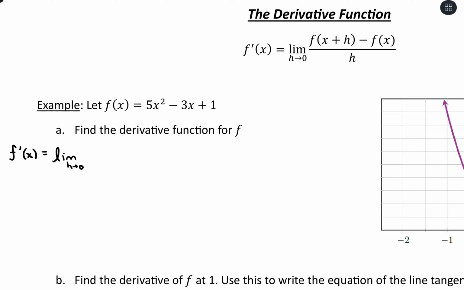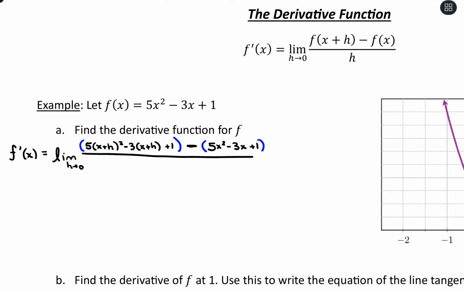So in this case, we'll be plugging in x plus h for our first evaluation. So 5 times x plus h squared minus 3 times x plus h plus 1. And then we're going to subtract f of x. So we're just going to copy our entire function, 5x squared minus 3x plus 1,